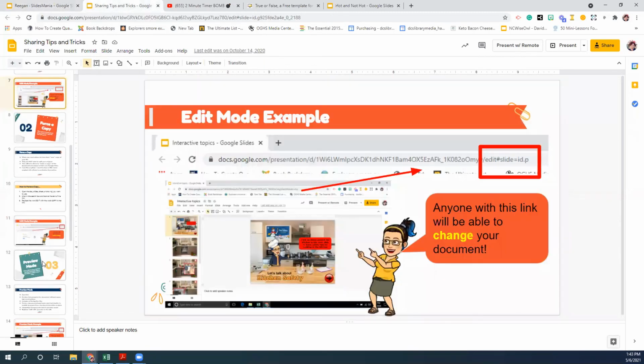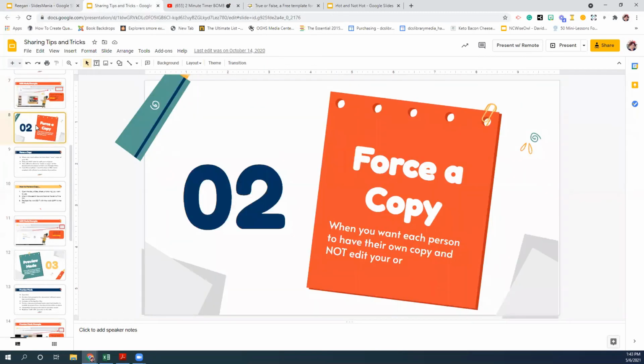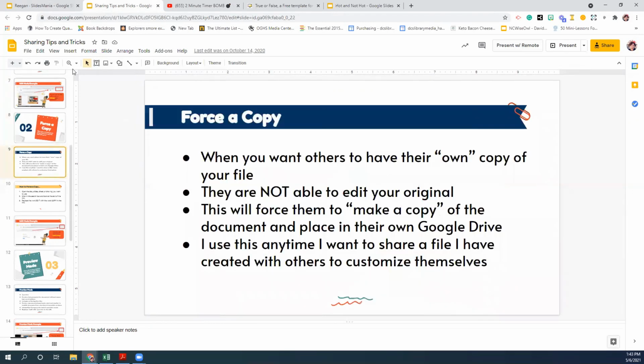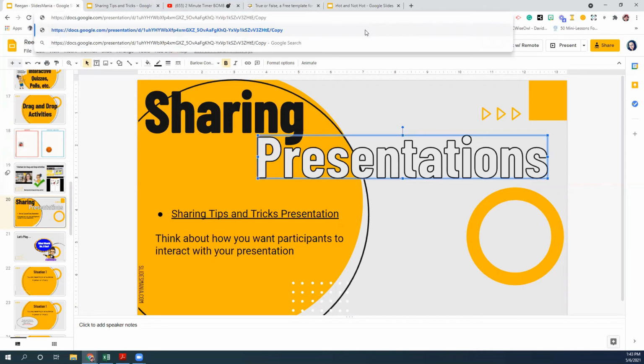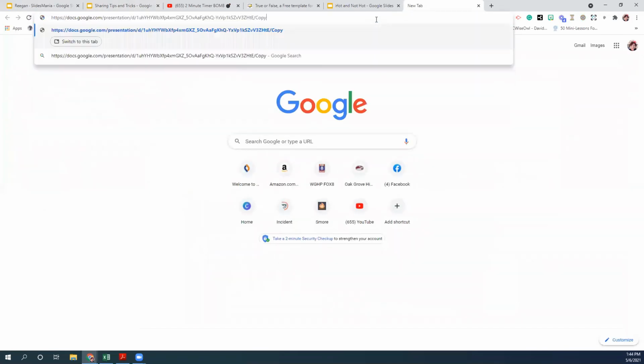So the first thing that I would suggest is force a copy mode. This is whenever you want somebody to have their own copy and you do not want them to edit yours. What you're going to do is, at the very end of the link, I'm going to go up here really fast. If you see up here the word edit, you are going to delete that and put in the word copy. What that does is, if I go and open up a new tab and somebody clicks on it, if it's a link, this is going to, oh,